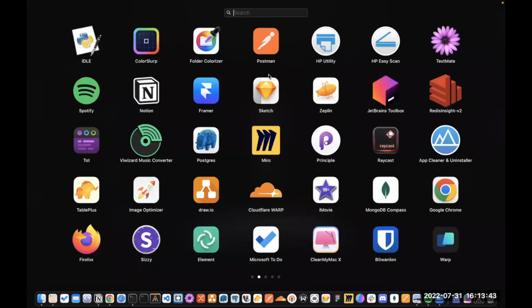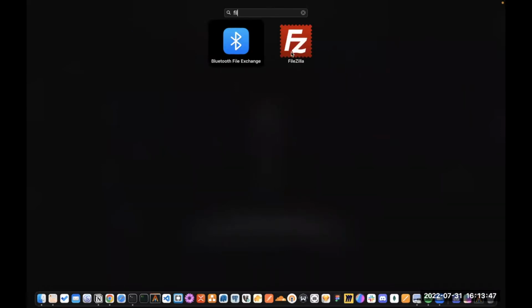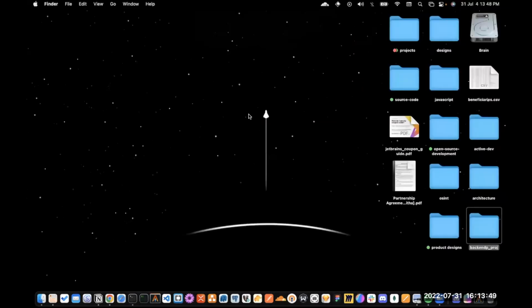We have Transmit, which is a paid tool. We also have FileZilla, which I think is a free tool. We have a couple of other tools. You can package your backend code or your front-end code to a server, right? Whether you're working with AWS, DigitalOcean, or whatever VPC kind of machine you're using, you can always bundle those things into those machines online. But here is where Bash actually comes into play.